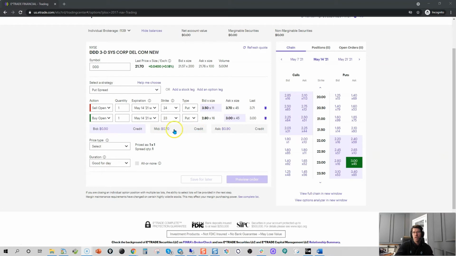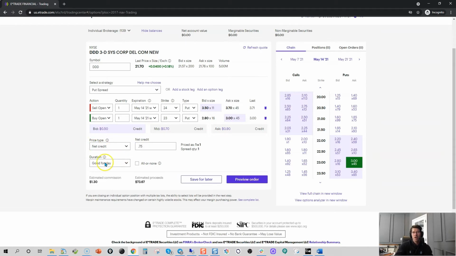See how it says here, credit at, let's see, ask at 90 cents, mid at 70 cents, and bid at 50 cents. I set this one up for a minimum of, I believe, 75 cents. So this would have been a net credit of 0.75. And that was good for the day. When we started trading this on Monday, I actually did good for 60 days, but it was filled Monday morning,